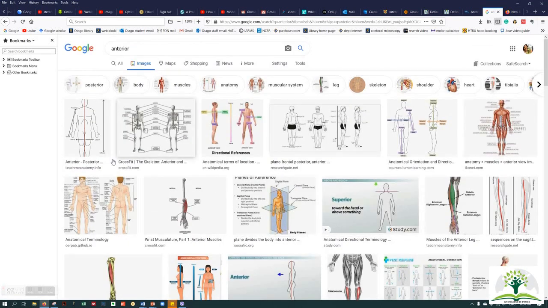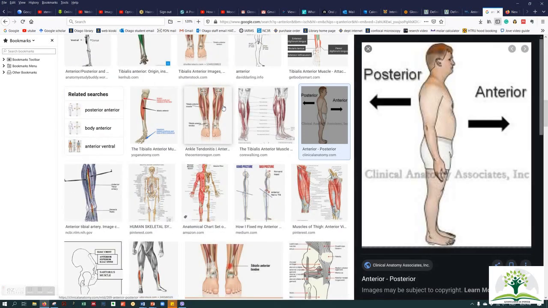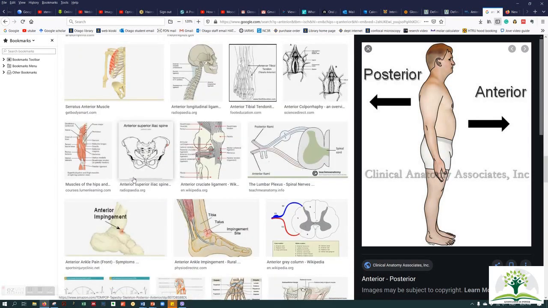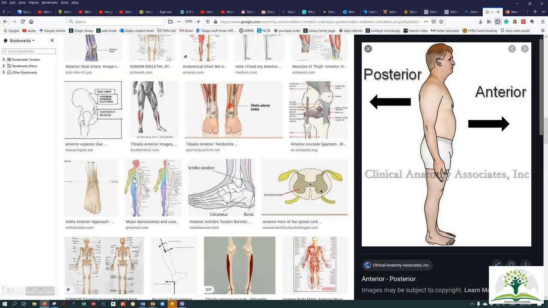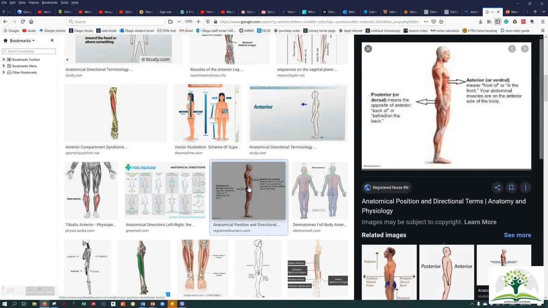Prefer the images that don't have too many words, like this, posterior, anterior, or else let's see another one, maybe this one, because it has the definition which explains the anterior and posterior, which is the opposite term of anterior. So I'm going to select this image because only by looking at the image we can get the idea about the meaning of the scientific term.